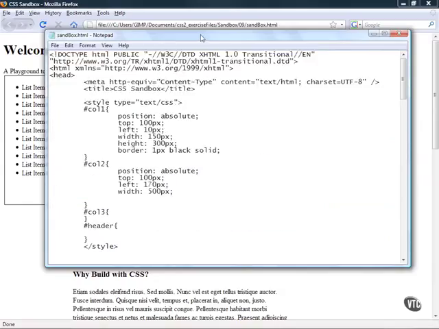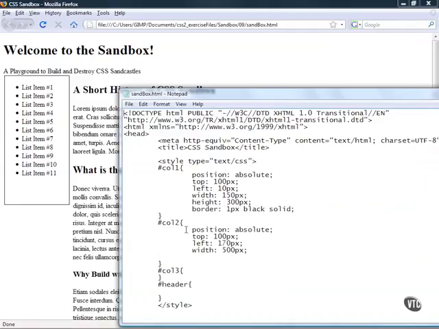So I set the top on the second column to match the top of the first column, and then I set the left to give that first column enough breathing space, because that first column was set up so that it was 10 pixels from the left, and I wanted to give it 10 pixels on the right for more or less a margin, and the width was 150, so that's why I set the left to 170 to give it enough breathing space. And then I just set that width